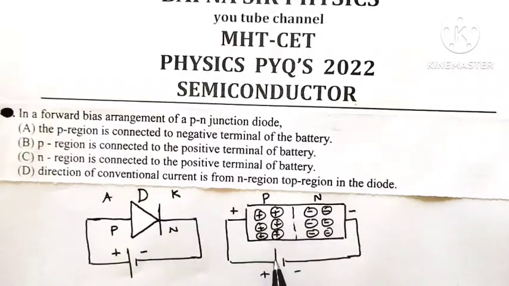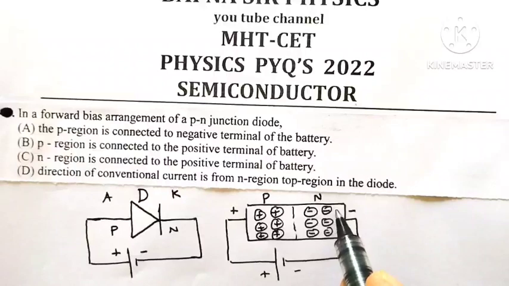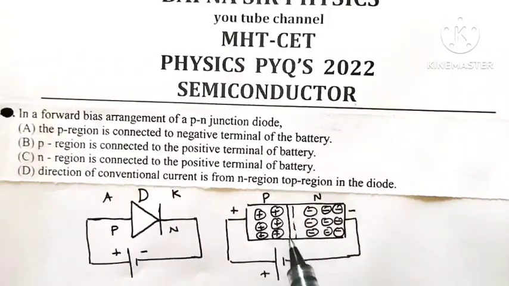positive terminal of battery, it must be connected to what? Positive terminal of battery must be connected to P region, while negative terminal of battery must be connected to N region. See what happens when positive terminal is connected to P region and negative terminal is connected to N region: the concentration of electrons in N region goes on increasing, as well as the concentration of holes. Because concentration of electrons in N region goes on increasing, what happens to the width of depletion